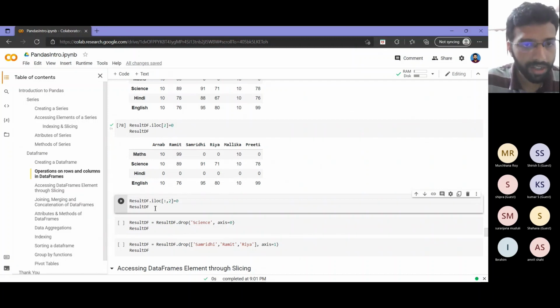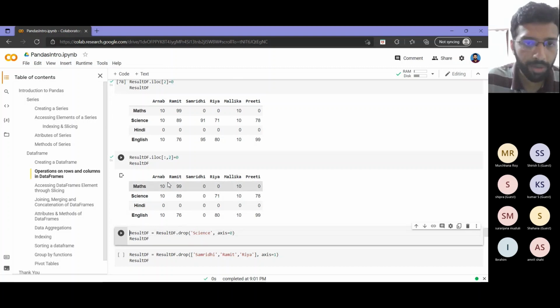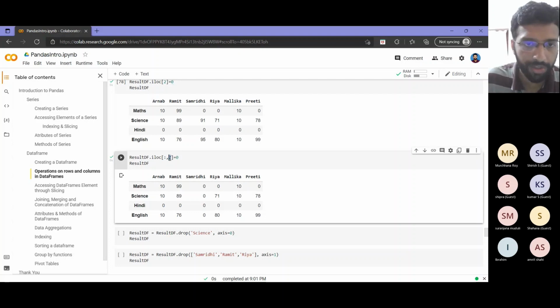Coming to this second part, suppose you want to access a column. Similarly, if you see 0, 1, 2, second column, all the rows corresponding to the second column, I made it 0. The same way you can use slicing and all, similar to the label thing and similar to series that we saw. The only difference is between the start and end index. If you use label based indexing, the end index also will get printed. If you use integer indexing, that end index will not get printed. That thing alone you keep in mind. Other than that, it is the same as what we saw for series.